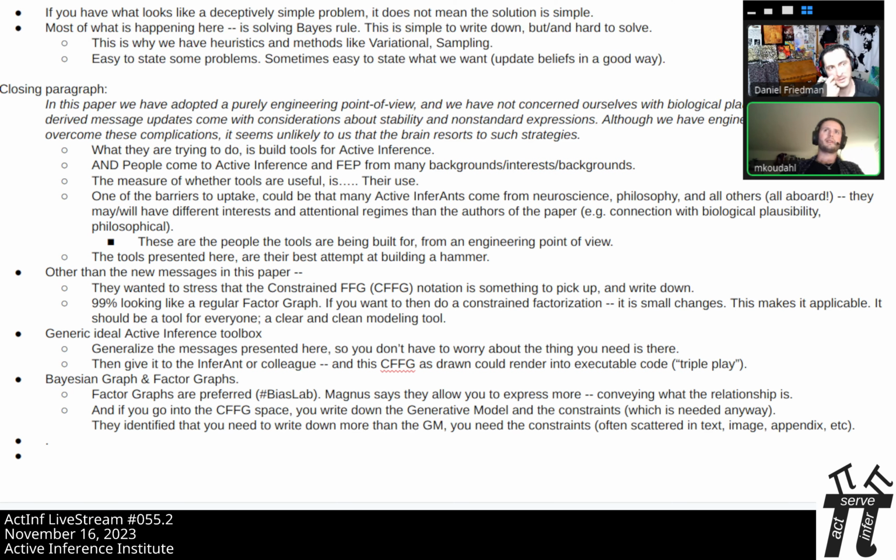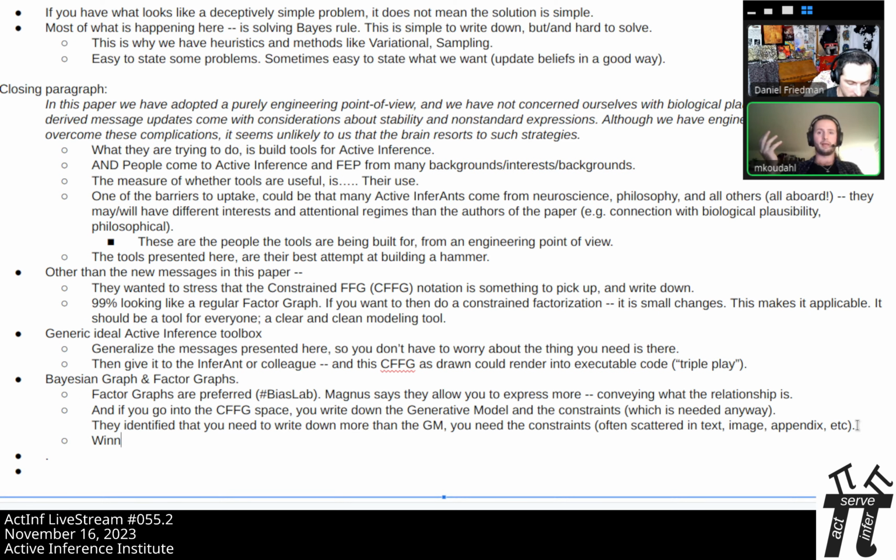I think that's doing a little bit of a disservice to Bayes graphs. I have my favorites, but if you go and look at the original Winn and Bishop tables, for instance, where they originally derived the VMP algorithm, it's all done for Bayes graphs. It's all done for Bayesian networks. So it's not that you can't do message passing. Again, these are just different representations of a generative model, and sometimes one is more useful. I find that generically, factor graphs are more useful when I want to work with message passing, but some other people might disagree.